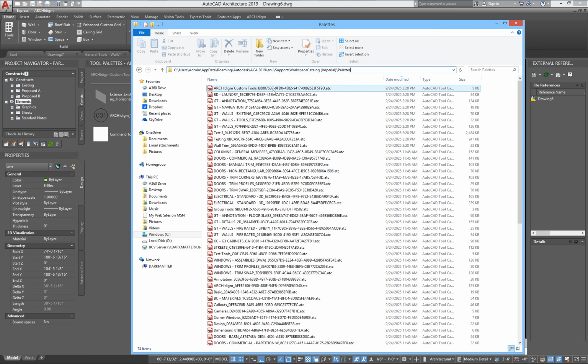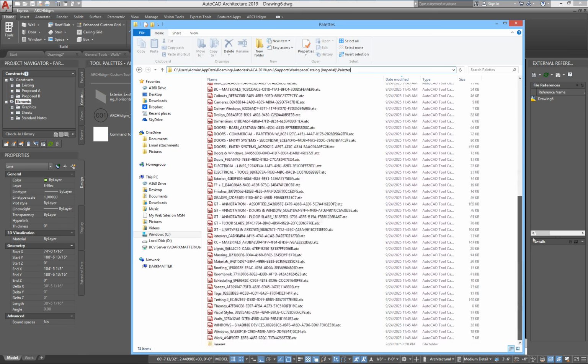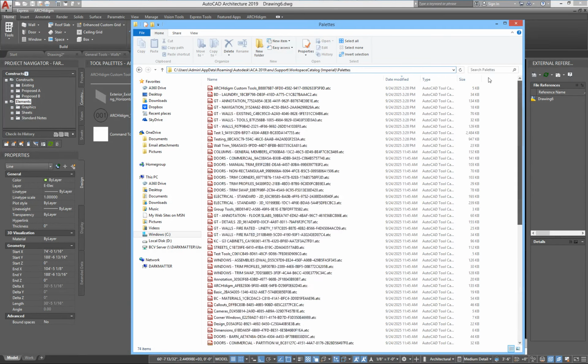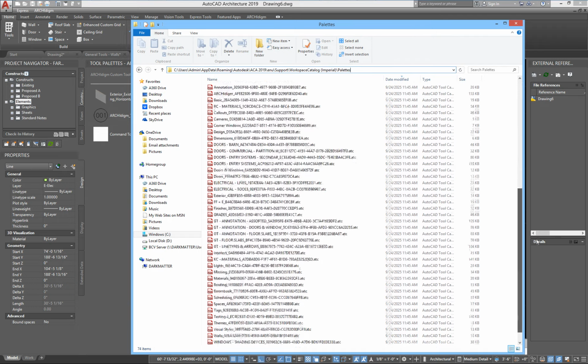Now it's good to know where these are, because sometimes you lose them or lose a path to them, or you want to copy it to another machine. So this is where it is in AutoCAD Architecture. It's different in AutoCAD. Now also be aware, if I scroll down, there is always a folder within the palettes folder. So palettes always live under a palettes folder,